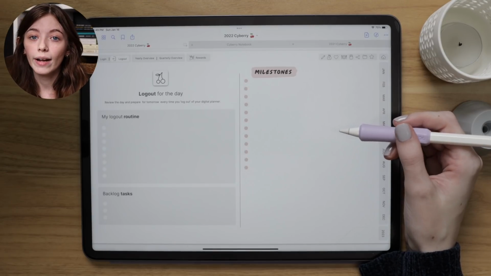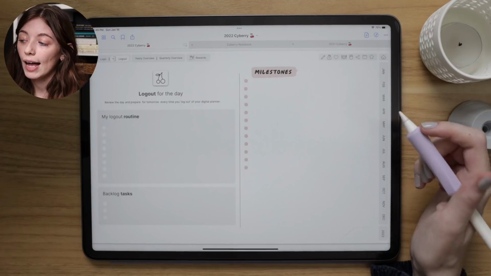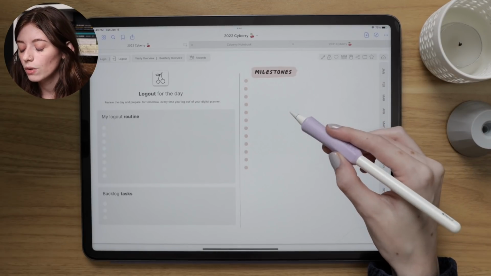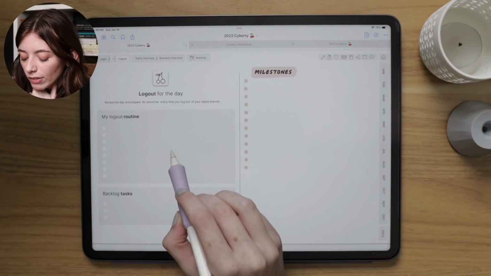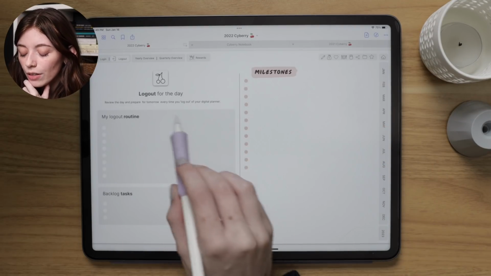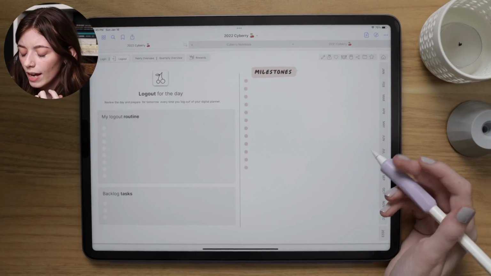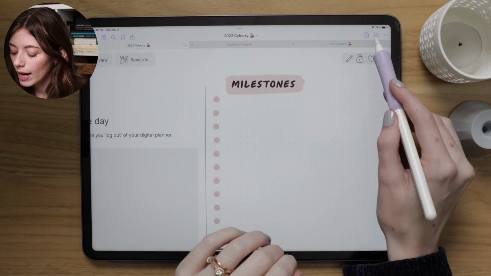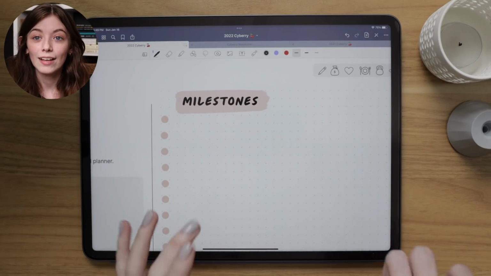I intend for my logout page to serve as the milestones page. So anytime I have a really great memory or a particularly great milestone, I want to write it in this page. I don't know if I'm going to put a logout routine here yet or not, but I definitely want this side of my logout page to serve as the milestones page. I do have a milestone that I hit that I didn't put in here, the 100,000 plus